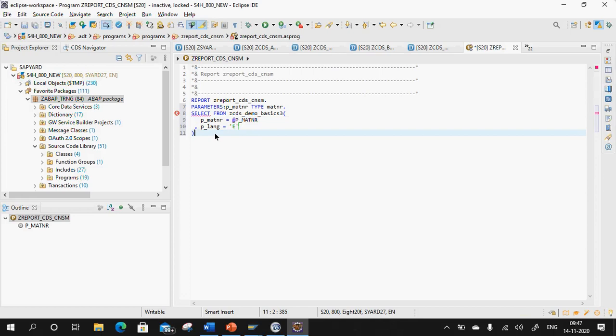Now select from this by passing this. Now fields, what I need is fields. I need all the fields. Suppose, okay, I need all the fields. Then into table @data LT underscore tab.